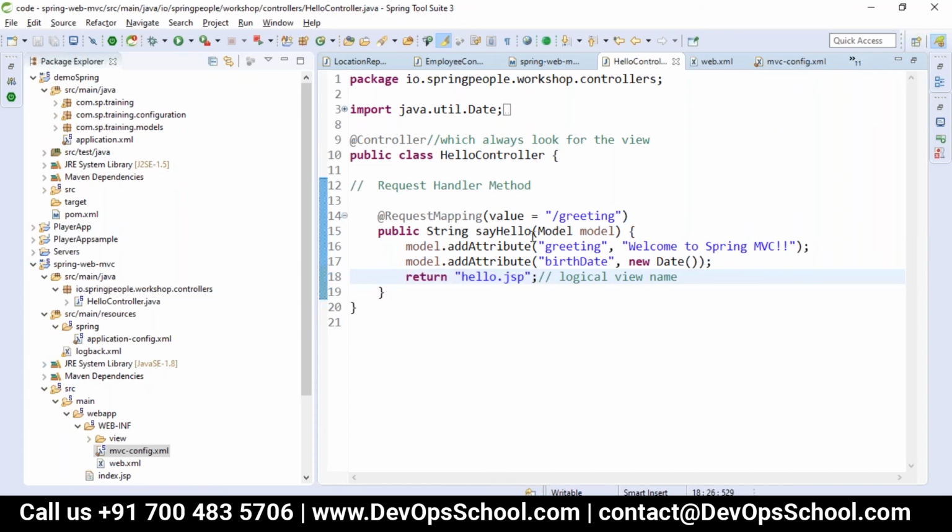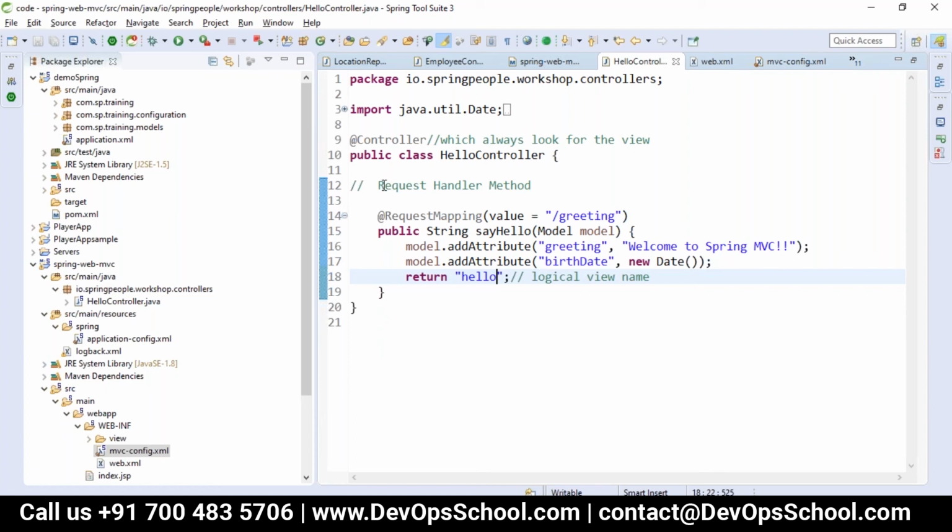But why is this way not preferred? Because if I do this, tomorrow if I want to change my view, I can't maintain this code. In the controller, I have to come and change my extension, like if I'm going with .jsf or xhtml. Every time I want to change my extension, I have to rewrite my code, compile it, change the code again and compile it. But I don't want that.